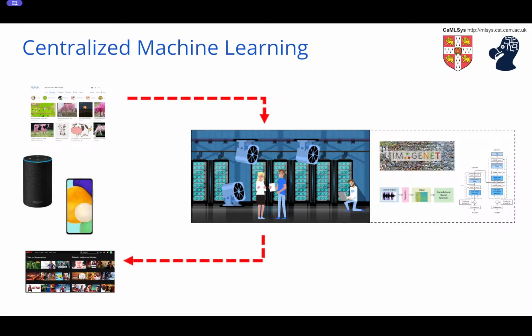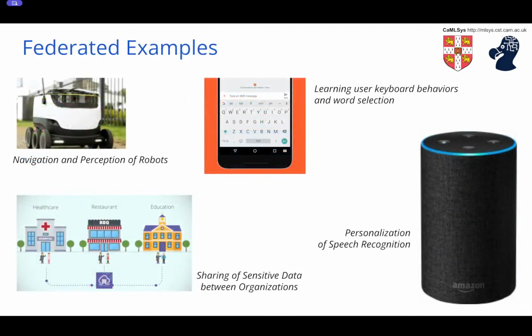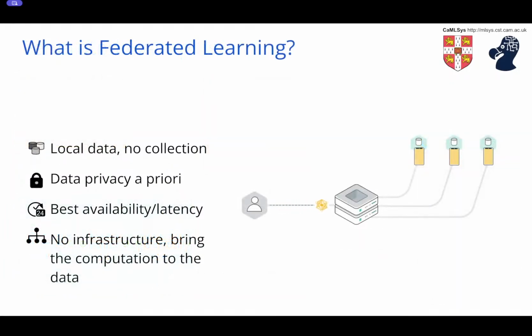But today we're talking about a completely different type of paradigm, that of federated learning, and it looks quite different. Here is an animation of what federated learning is about, and essentially it turns that picture on its head, in that rather than the data having to be copied into this data center and then compute happening on it, we leave the data where it is. And that's what's being illustrated here on the right-hand side.